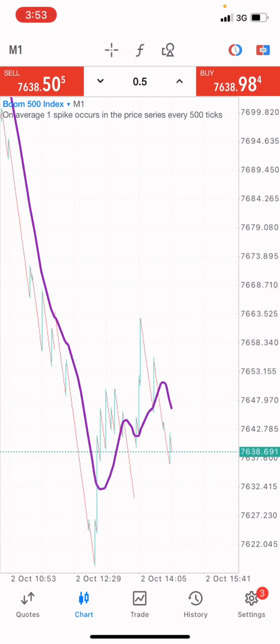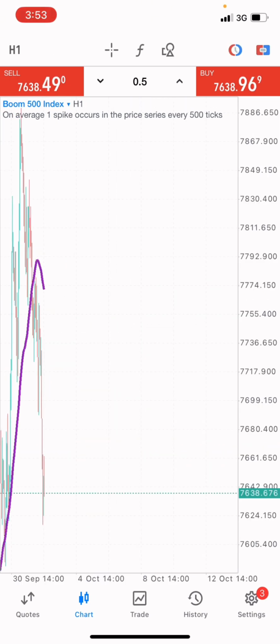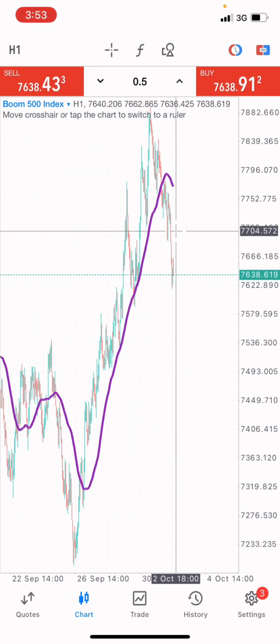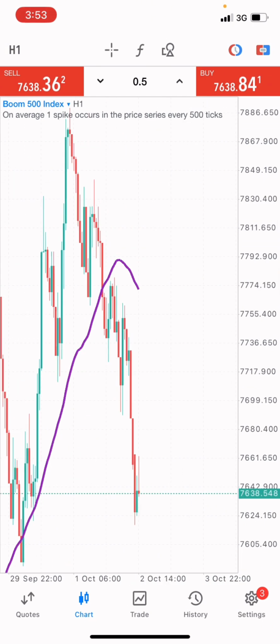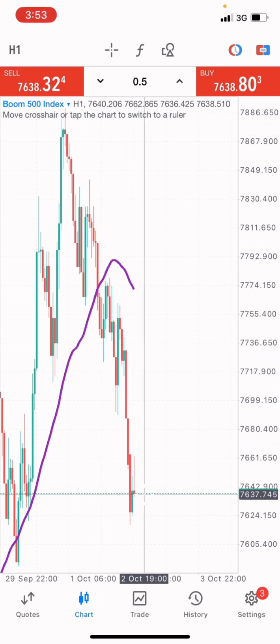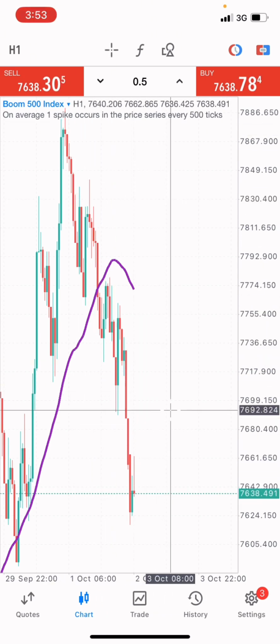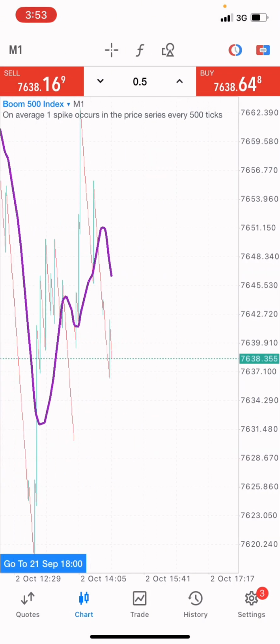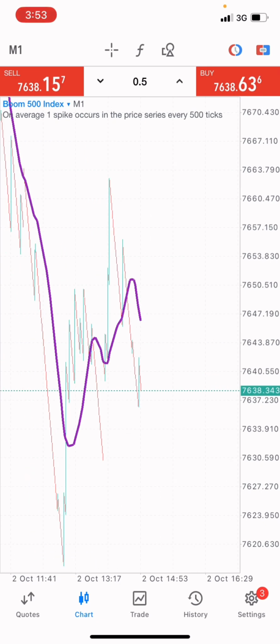Okay, now we'll go over to the 1 hour time frame. The 1 hour time frame right now, take a look, market is towards the overbought, right? And if you zoom into the market right now, the market has been selling for a long period of time. So this means that this market will buy a little bit. All right, this market will buy a little bit. So we're looking for a buy entry at this very point.